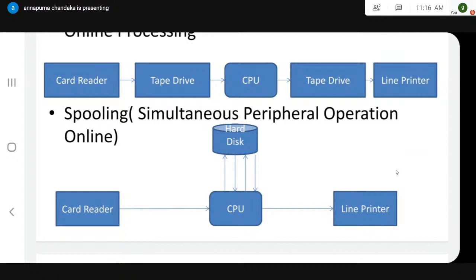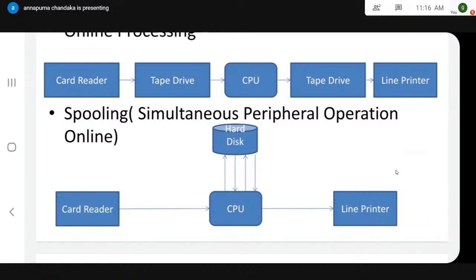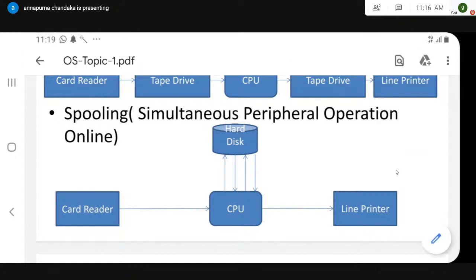Okay, we are going to look at a new technique, which is called a new storage device, the hard disk, which has the capability of storing gigabytes of information. The basic property of the hard disk is that, first, it stores large amounts of information. Of course, tapes also store large amounts of information. And the hard disk has a very good additional property: it is a random access device.